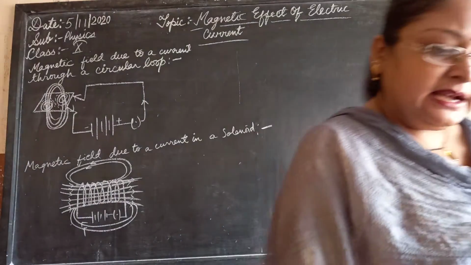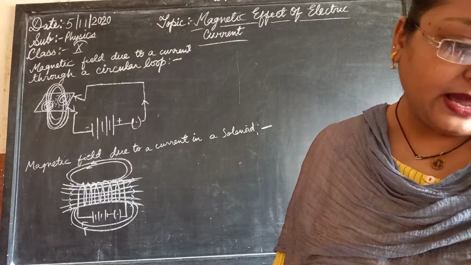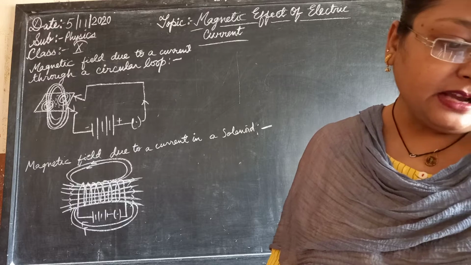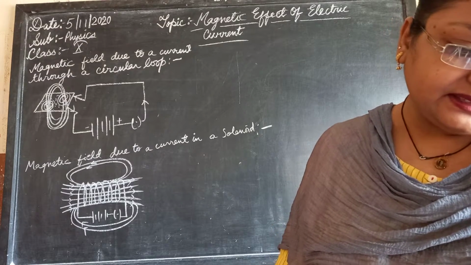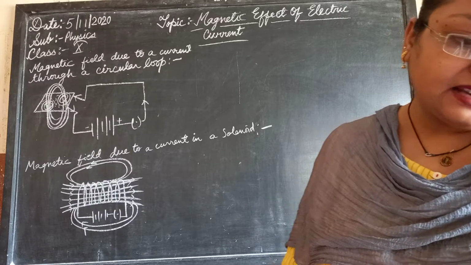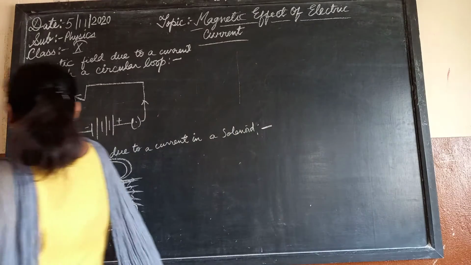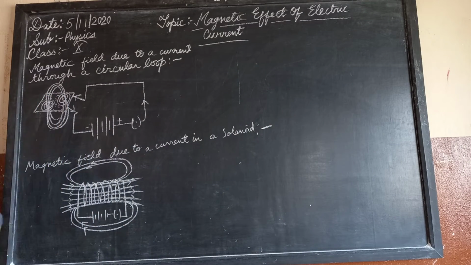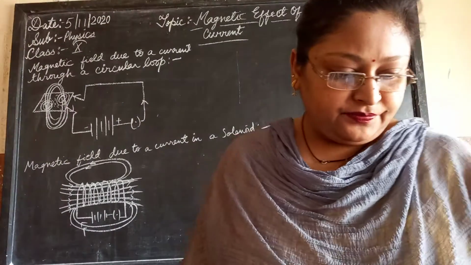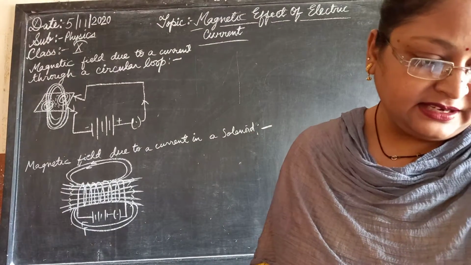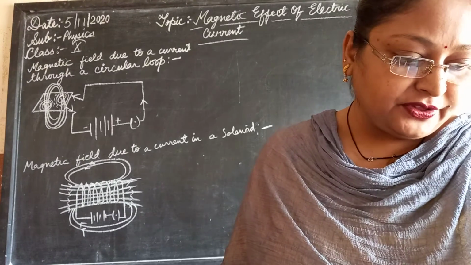Take a rectangular cardboard having two holes, with a circular loop having a large number of turns passing through them, normal to the plane of the cardboard. Connect the ends of the coil in series with the battery and sprinkle some iron filings uniformly on the cardboard. Whenever the current flows, tap the cardboard gently, and after a few minutes note the pattern of the iron filings that emerges on the cardboard.